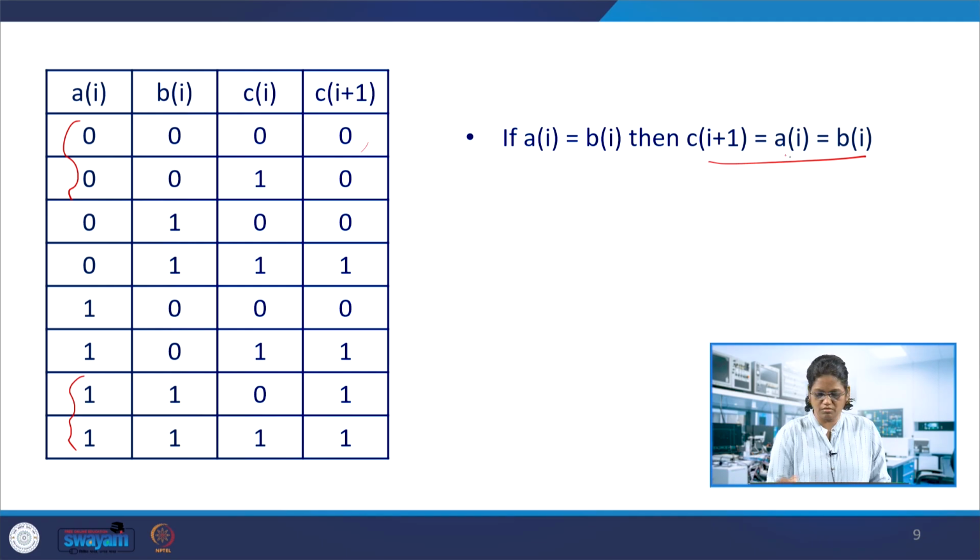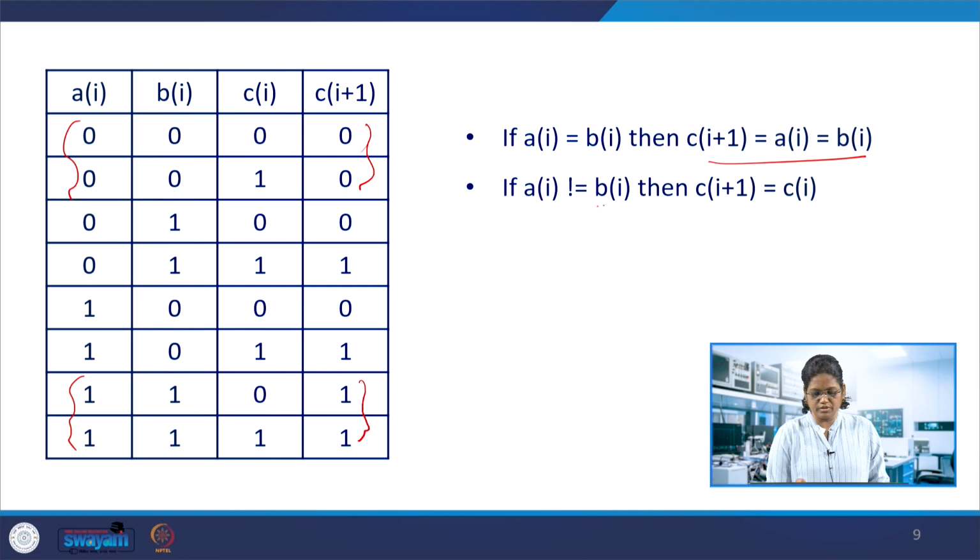So that's what we did in the previous lecture, that is, bi equal to bi or ai, anything. So in these two cases, a or bi, the Ci plus 1 will be ai or bi, both are the same. And if these two are not equal, then Ci plus 1 is simply Ci only. So this is the case which led to the mux structure instead of those gates in the full adder.